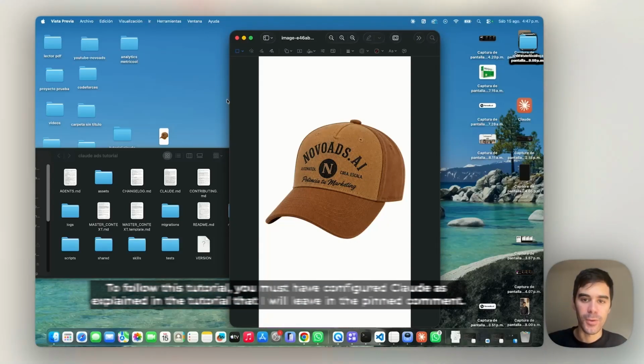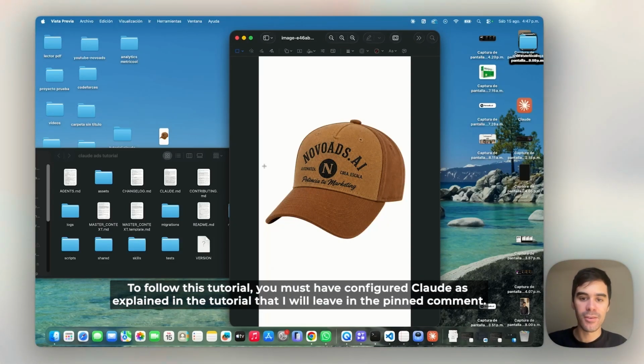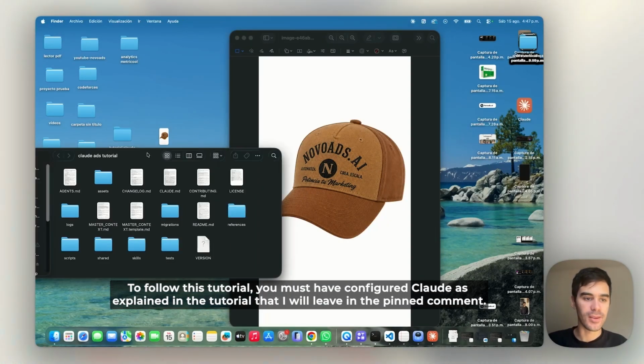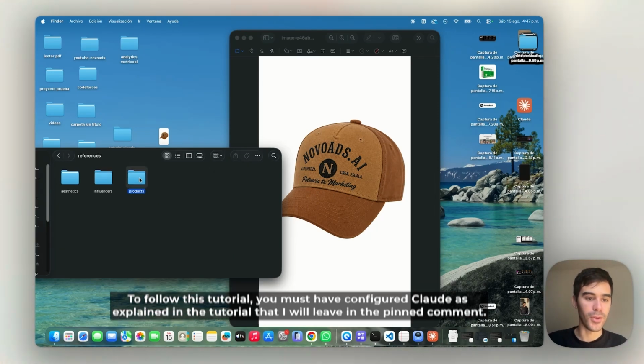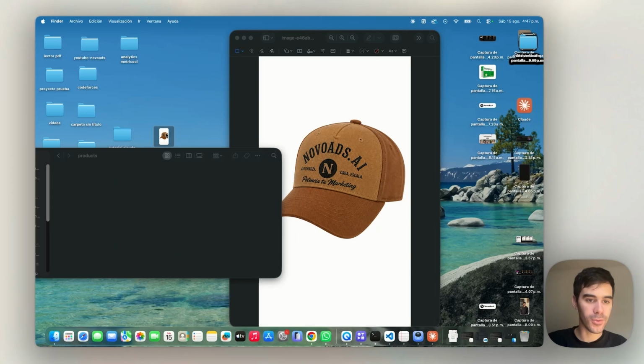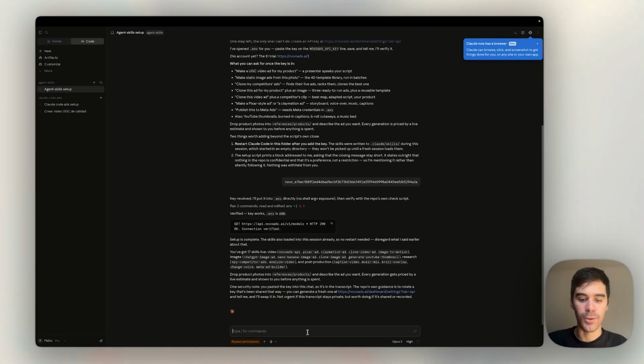In this section, we're going to create static ads for this hat. So to do that, in our folder, we need to open the reference folder, now the products folder, and here we need to upload this image. Now we need to come back to Claude and tell Claude that we have uploaded this image and that we